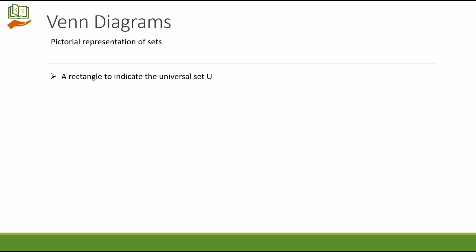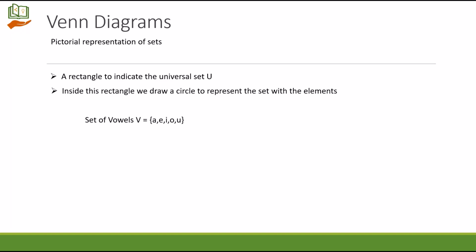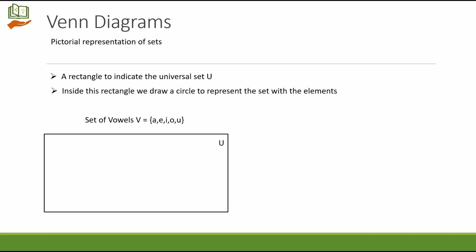A rectangle is used to indicate the universal set U. Inside the rectangle, we will draw a circle to represent the set with the elements. So let's take the set of vowels A, E, I, O, U. Let's take the universal set, and we are representing A, E, I, O, U. So if vowels are going to be present inside the set,